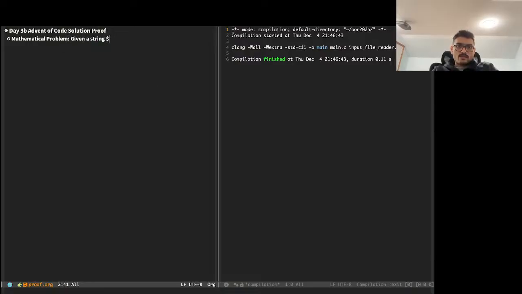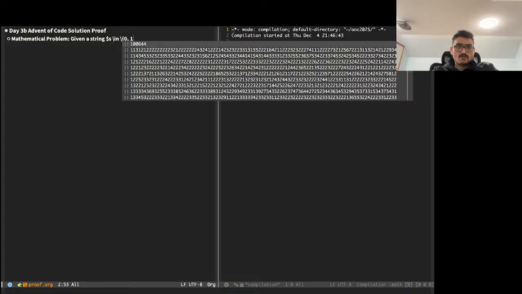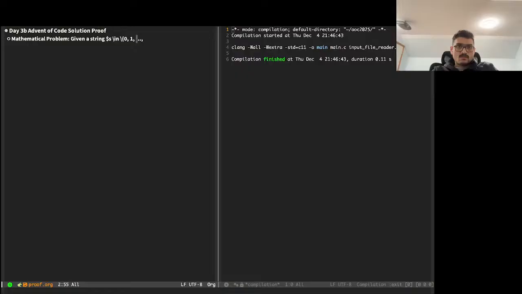Given a string. Beautiful work mode. This is why I love Emacs. Okay. Given a string S that